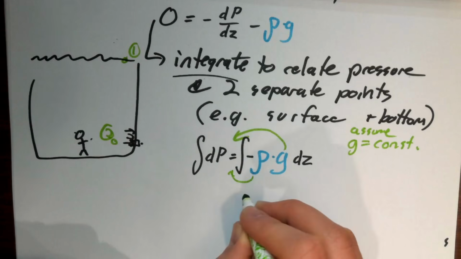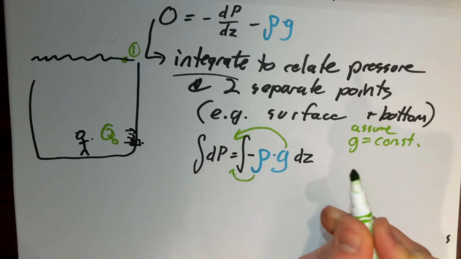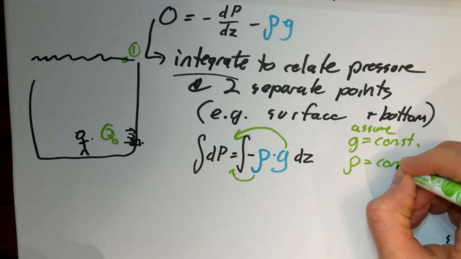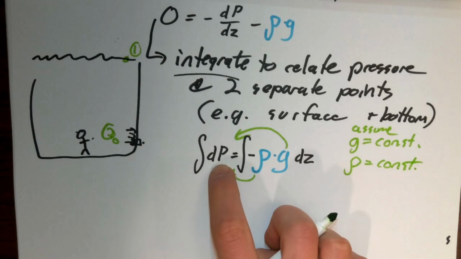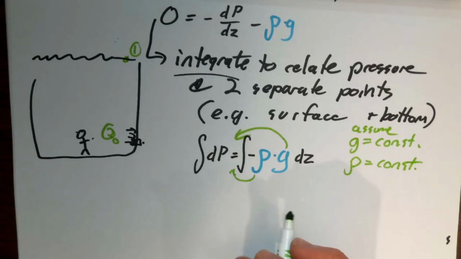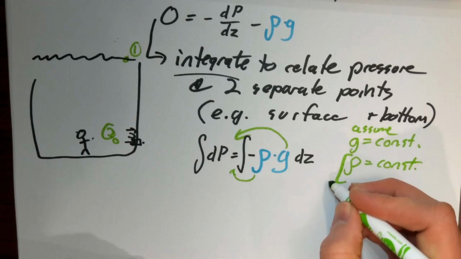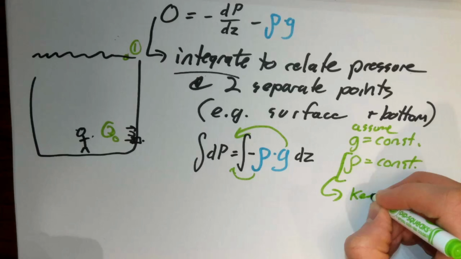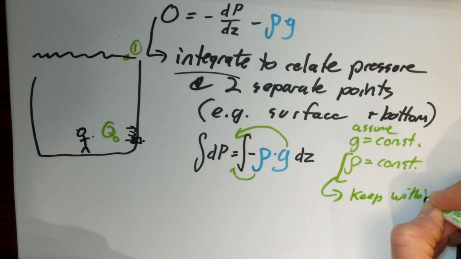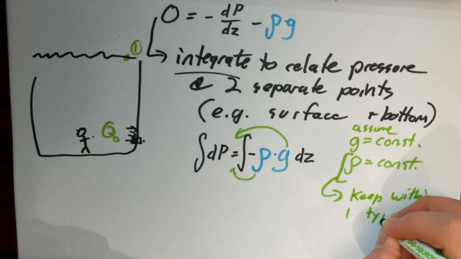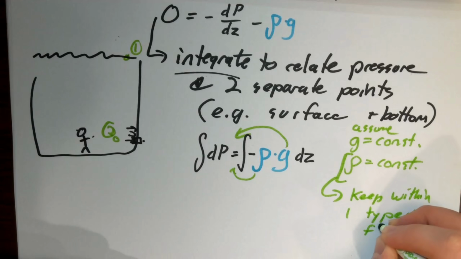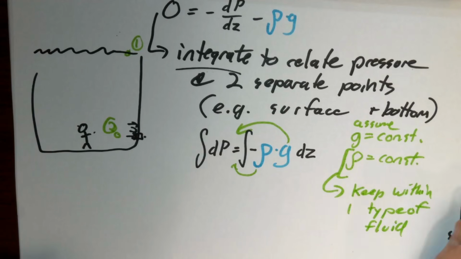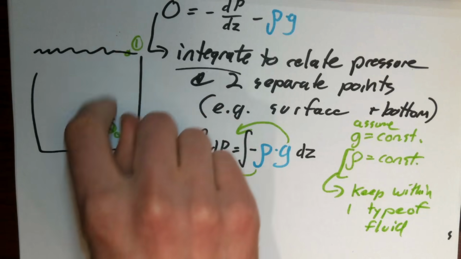Another thing that we might want to be able to do, and often we can do, but not always, is assume that density is equal to a constant. Then we can pull density out of the integral as well. And this one is a slightly more restrictive assumption. This basically means that we need to keep within one type of fluid. So for example, we can't pull density out of the integral if instead of being at the bottom